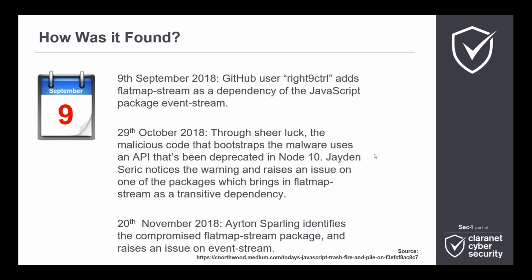So let's just go through a quick timeline here, because it's quite interesting to see how quickly things get remediated because of the open source nature of it. On the 9th of September 2018, that was when the malicious actor, the write-access owner, added the dependency. So from this point, you're vulnerable. And then on the 29th of October, so over a month later, and it was actually through sheer luck, because the API that the malware uses is deprecated, a user noticed the warning, raised an issue, opened up a ticket on GitHub, and then